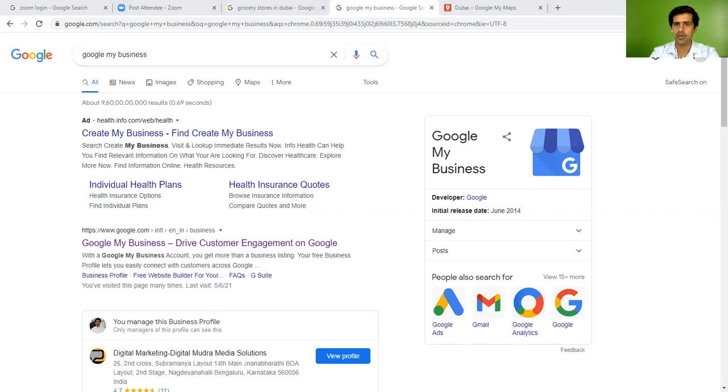Then it will ask if you want a location customers can visit, like a store and office. Yes, because customers can come to our office also. We can go for the different things.